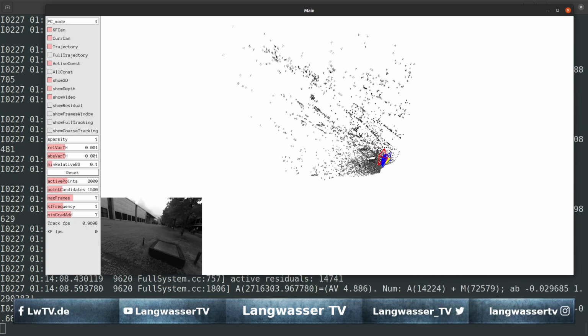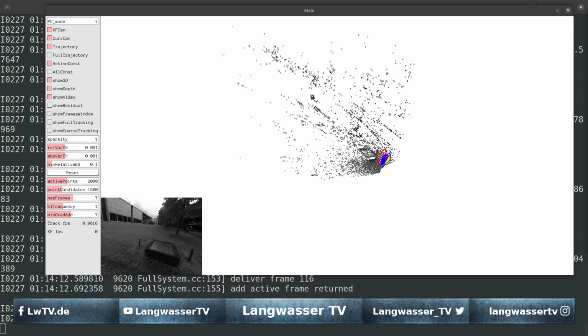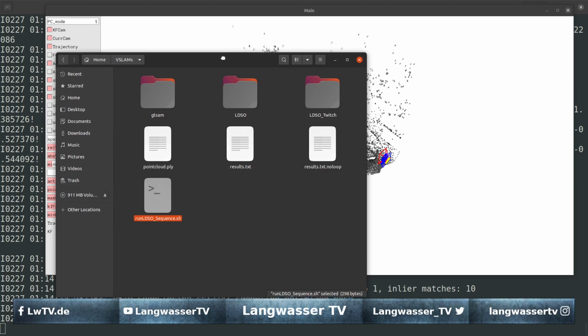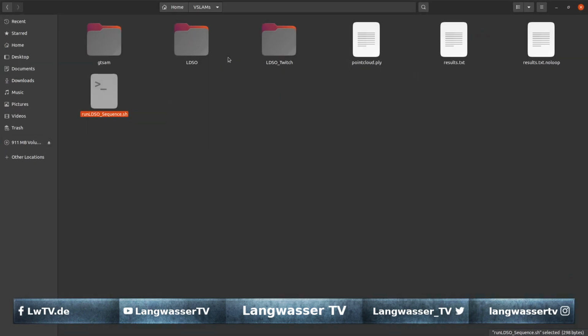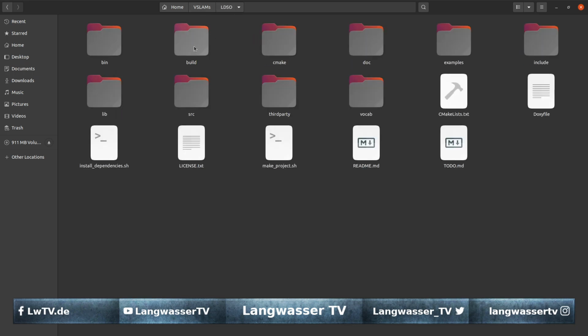Now let's get to work. What I have prepared here is, if you take a look here, a second folder structure which is called LDSO Twitch, and we have this original LDSO code here, and this folder is empty. And this is where we will begin to code up everything that is included in this original LDSO code,